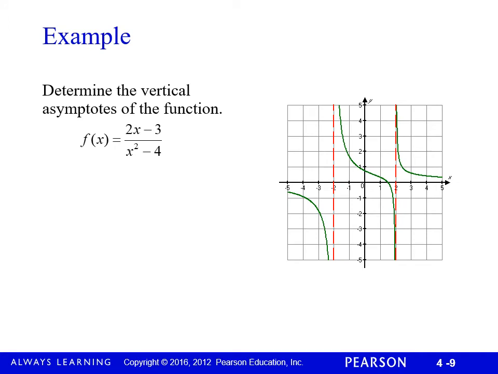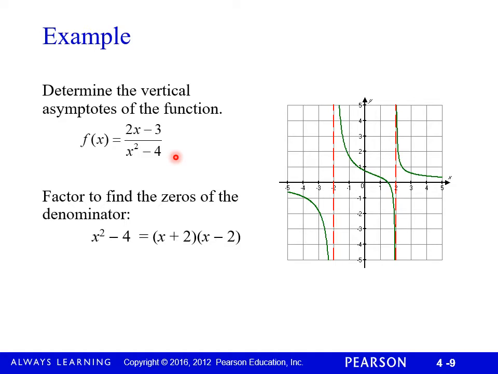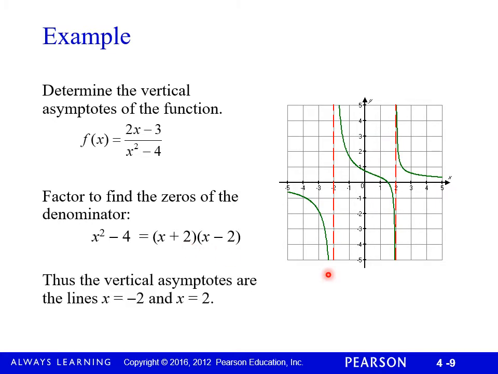Determine the vertical asymptotes of the function. Well, the numerator is already in factored simplest form, but the denominator we can go ahead and factor. In the denominator, we get the factors of x plus 2 and x minus 2 when we factor x squared minus 4. We can see that neither of these are common with the numerator, so we just have to find the zeros here. We set each factor equal to 0, and we get x equals -2 and x equals 2,